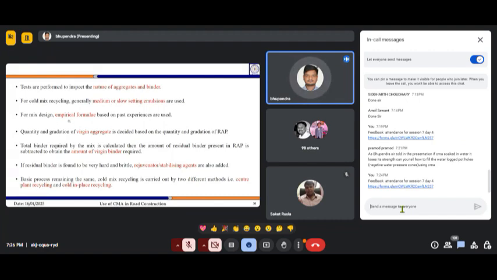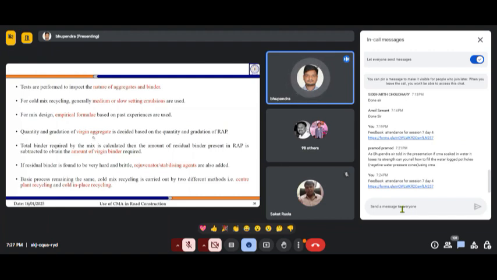There are some empirical formulas based upon experience, and using these formulas we try to find out the amount of total binder required, and out of that we subtract the binder already present in the material. That is how we get the amount of virgin binder required.